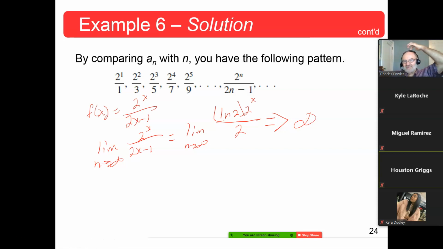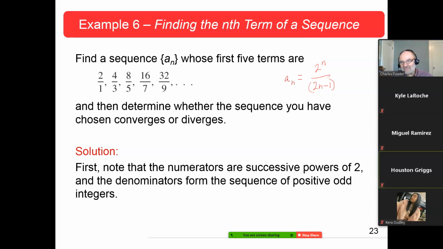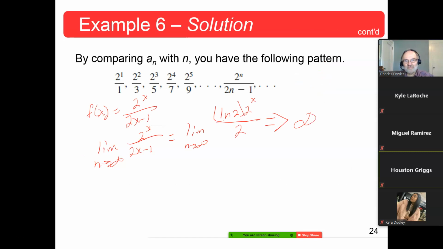But looking at these terms, it's got to. You're getting bigger and bigger and bigger. Now, the first two don't. From here to here, it gets smaller, just by a little bit. But then it gets bigger: 1.6, 2 point something, 2 and 2/7, 3 and 5/9. I bet you the next one is going to be 4 or greater. So that's just getting bigger and bigger and bigger. No way that's going to converge.